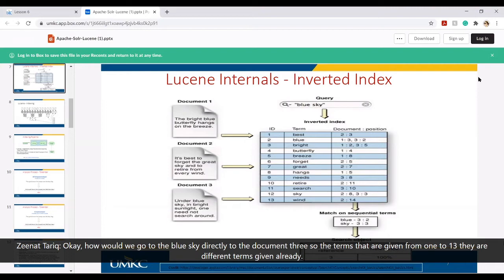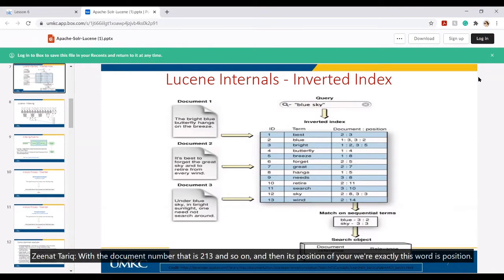The terms given from 1 to 13 are different terms already given, with the document number, that is 2, 1, 3, and so on, and then their position, where exactly the word is positioned. For example, the number 1 word, best, is in document 2 at position 3.